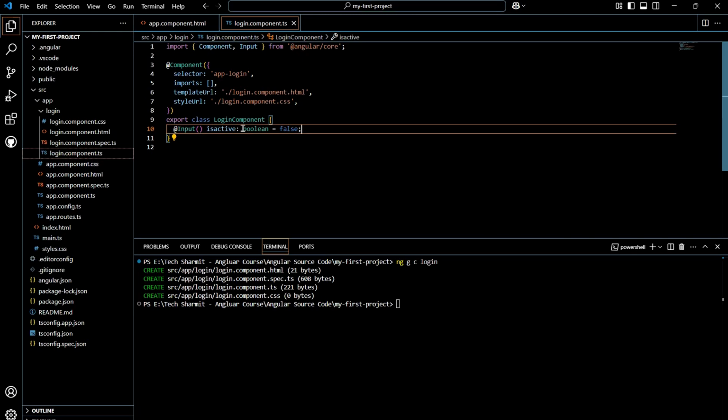Okay, so if the parent component is providing any data, we will use it, but if it is not providing any data, in that case we will set the value as false, because this component is expecting the Boolean value. Okay, fine. Now the next thing is, we have received this but we have not used it. So to use it, let's go to the